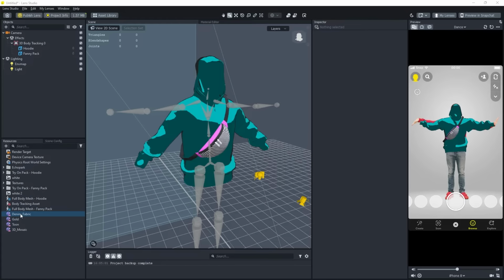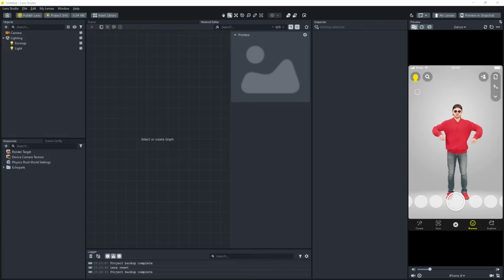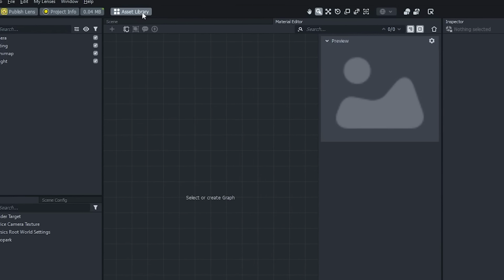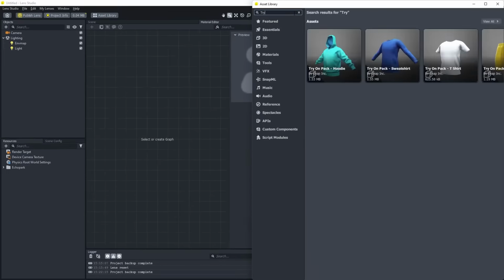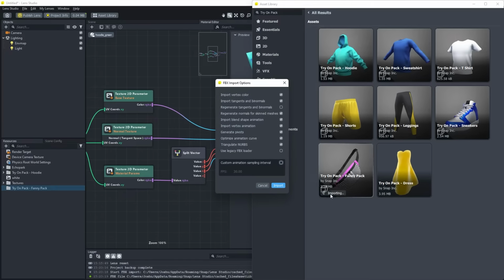Let's get into it. The first step to creating a fashion try-on lens is to decide what virtual clothing items you want Snapchatters to be able to try on. You can create and import your own 3D assets, import pre-created assets from an online marketplace, or use some of the provided assets from Lens Studio's asset library. In order to make this tutorial easy to follow, we've chosen a hoodie and fanny pack from Lens Studio's asset